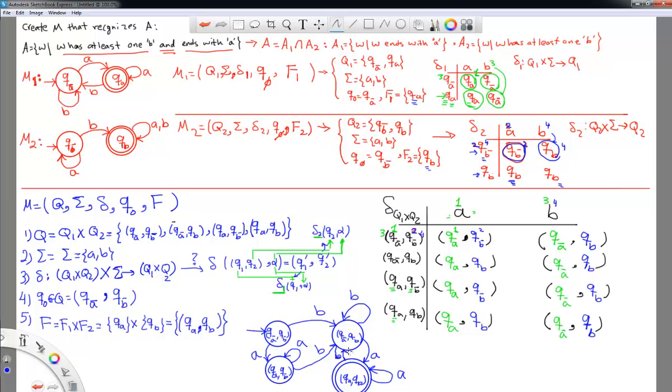But this was an example of, if I give you two machines, M sub 1 and M sub 2, how could you combine the two to build a machine that recognizes the intersection of both of their languages. Now, notice the difference between the intersection and the union would be the